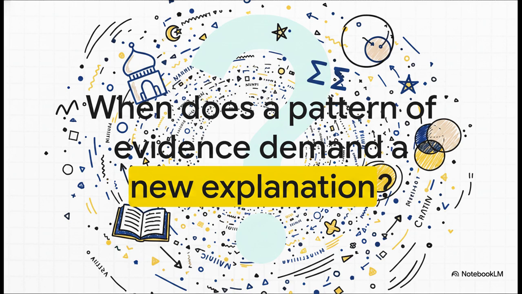Look, in the end, this analysis doesn't give us a final, easy answer. What it does, though, is pretty fascinating. It uses the formal language of statistics to frame a very old question in a completely new way. It lives right at that crossroads of faith, data, and human interpretation. And it leaves us with a really profound question to chew on. At what point does a pile of coincidences get so big, so varied, and so strange that you have to start looking for a different kind of explanation?